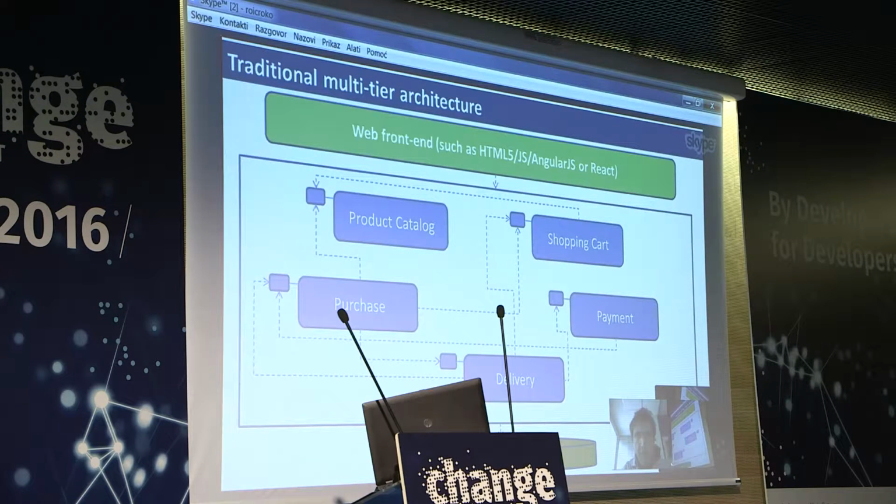For example, we are using Java EE6 and we would like to go to Java EE7, or we are using Java Standard Edition 7 and we would like to go to Java Standard Edition 8. With the monolithic approach, we need to upgrade the whole application server. So this means the whole application, or even all the applications that are deployed on the app server.